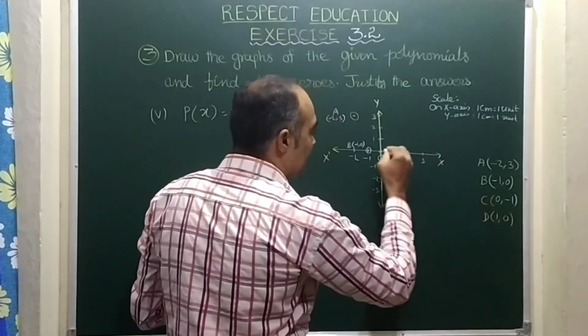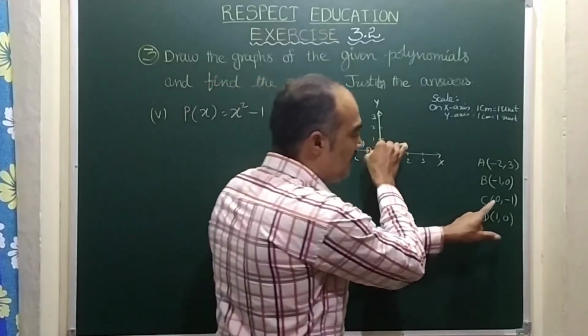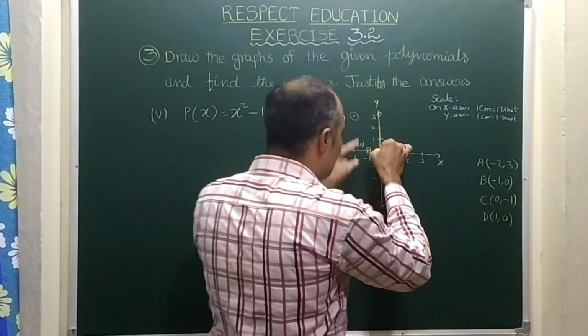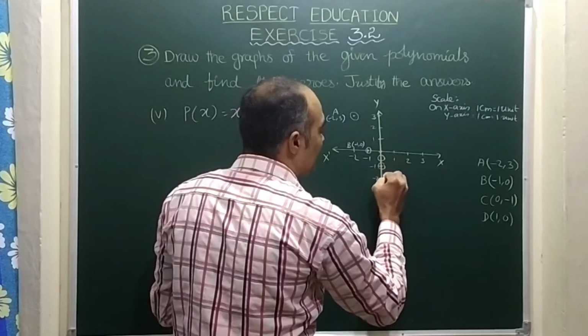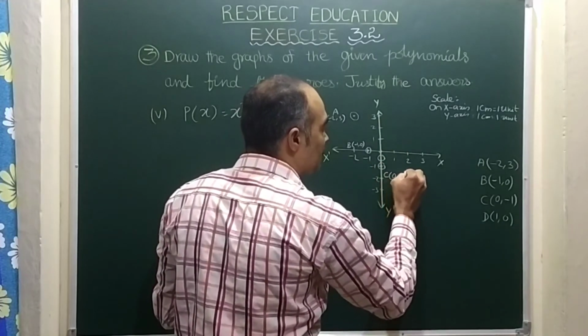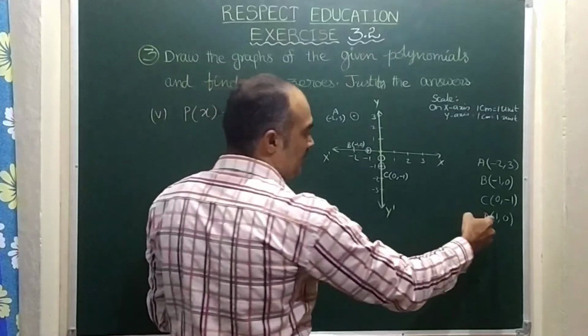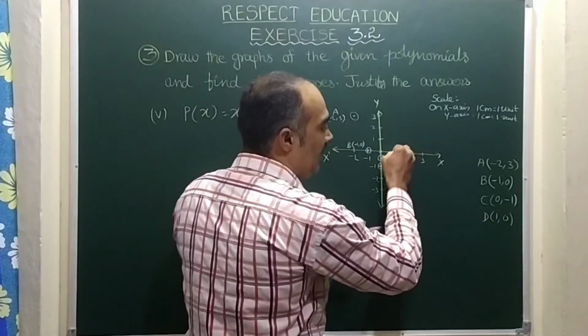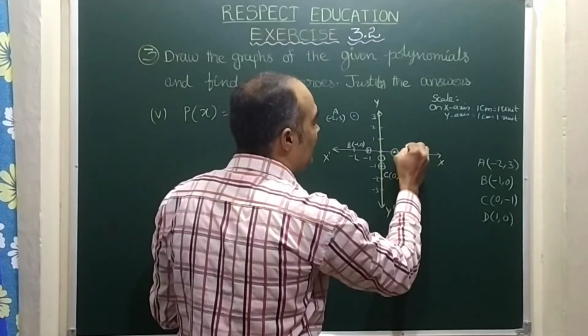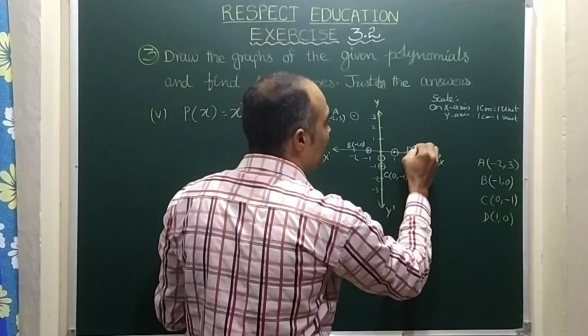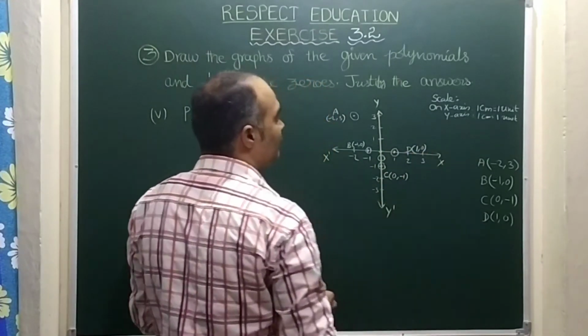Now here see 0, first value is 0. Then minus 1, means on that line I should come down here. This is minus 1. Here we can write this as C 0 comma minus 1. Next one D, 1 here is 1. And the next value is 0. So I need not go anywhere. So this is D, this value 1 comma 0.